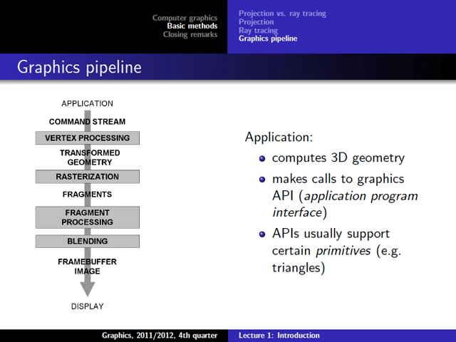Yeah. So the graphics pipeline describes the procedure or the steps from the 3D model to the 2D visualization on the screen. So if we use the pipeline in an application, we first start, of course, with the 3D geometry. So we have a 3D here, and we process that to get a 2D on a display. So the 3D is the model, not the application. The application controls everything. So to do this, we need certain operations that are done as part of this process, and these are usually